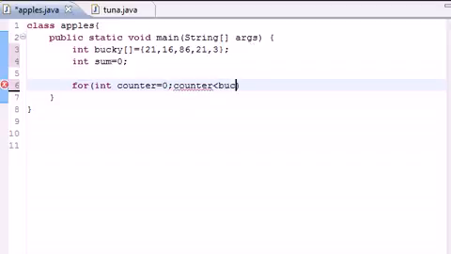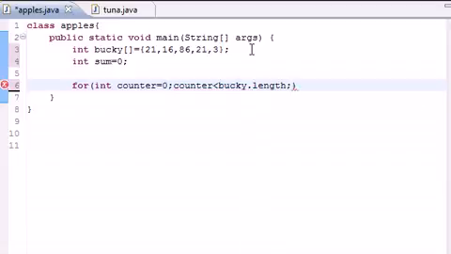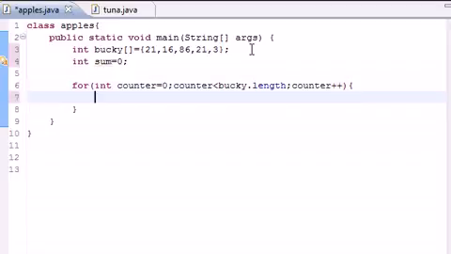So what's this? Bucky.length, and this will give you the length of this array. That's the trick I told you guys how to do last time. And then go ahead and increment it by 1. After this, and you don't really need these curly brackets since it's only one line, but you want to take the sum and you want to add